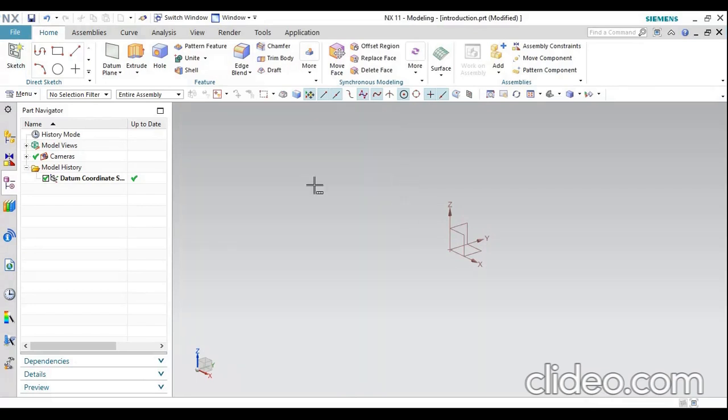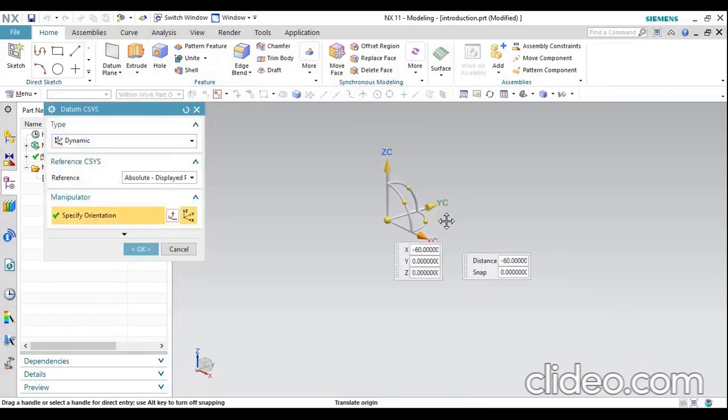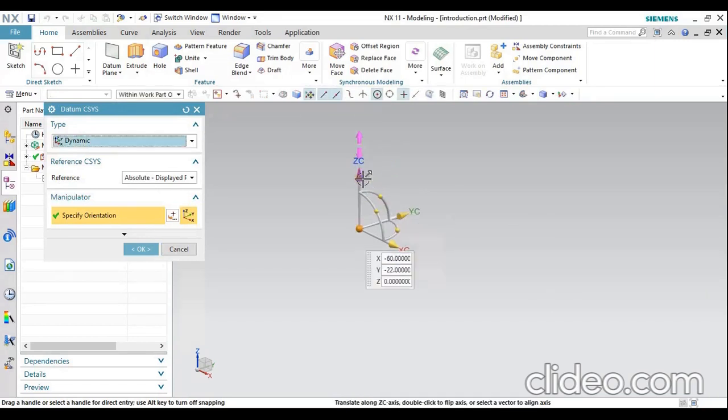So in this modeling environment, there is a coordinate system presented here. This one is a global coordinate system. Based on this global coordinate system, we can create or generate models, with reference to this global coordinate system. Or this one is a datum plane. You can take it as a datum coordinate system. If you want to change the datum coordinate system, you have to double click on that, and change wherever you want to change.